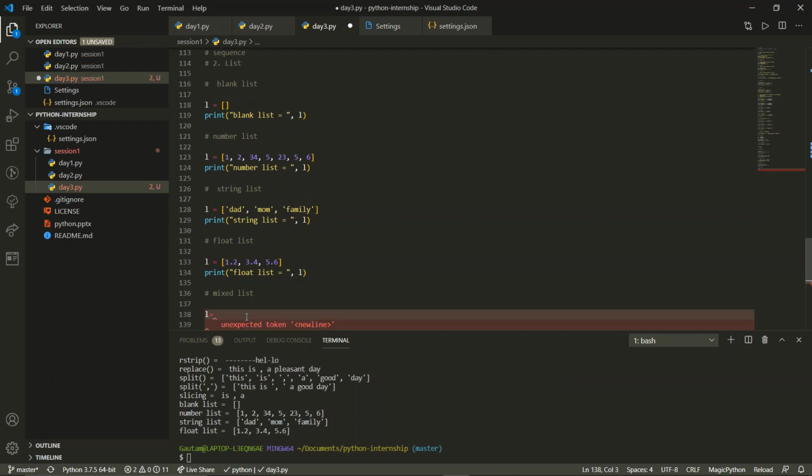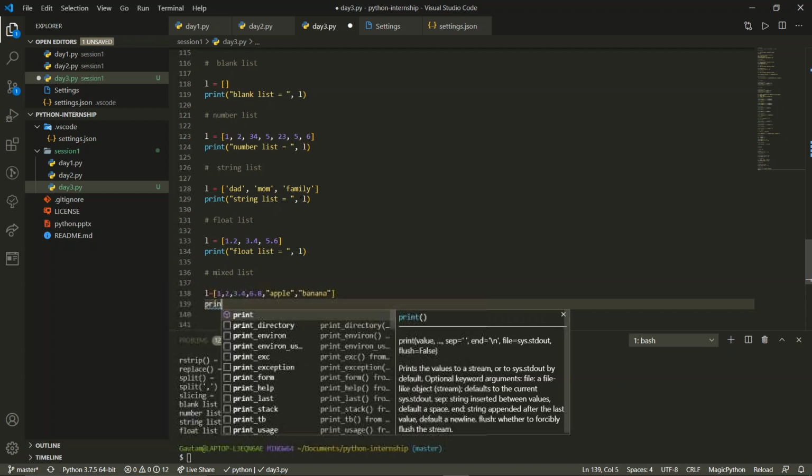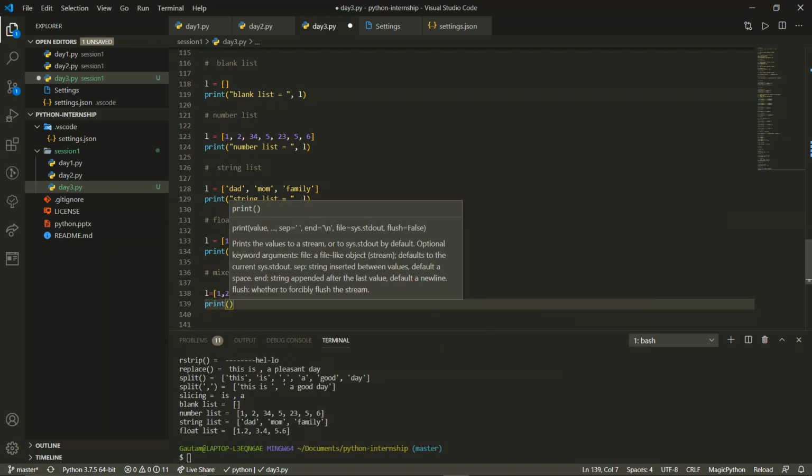Now L equals, then into this we have 1, 2, then maybe two to three float values, then we may have string values: apple, then banana. Always when you opt for foods, apple, mango, banana are the three common foods that everyone writes down, so they always come to mind first.